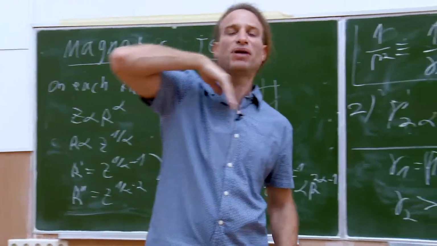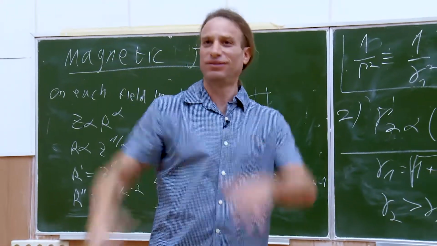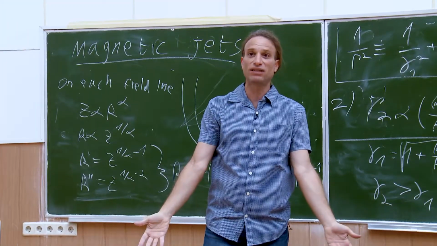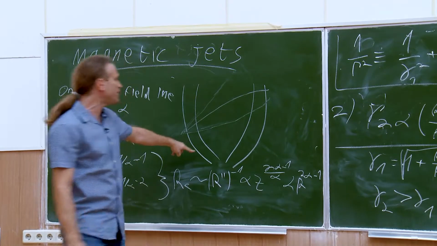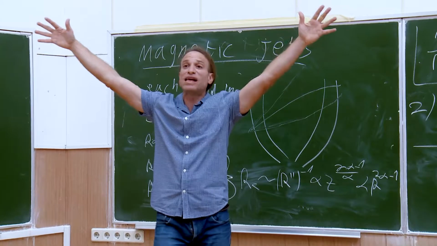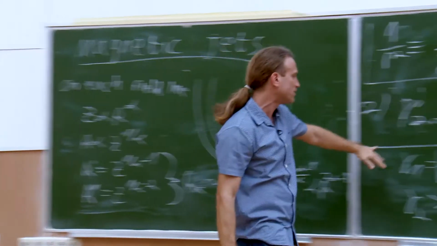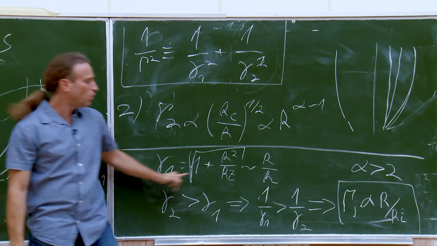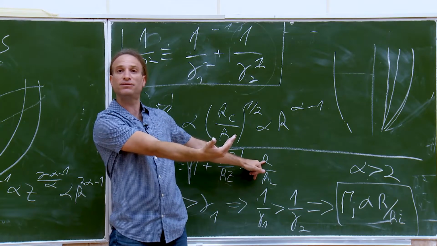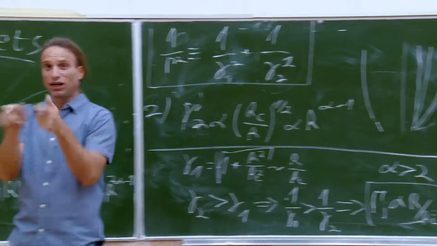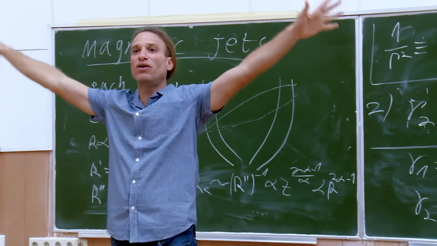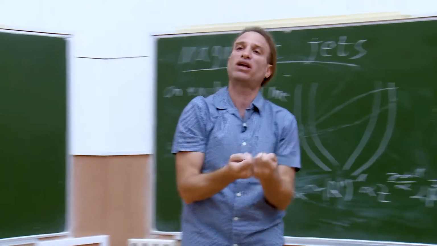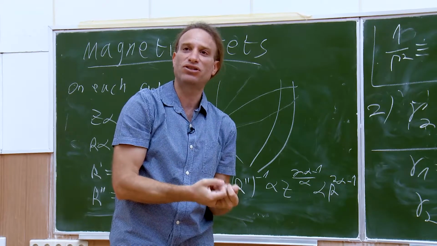Anything related to disks, the magnetic structure is not very clear, that you do develop this large-scale magnetic field. In order to have this acceleration, I need the magnetic field to extend outside of the light cylinder. Remember that this very efficient acceleration is only true when my radius is larger than the light cylinder. So I want my magnetic loop to extend to very, very large radii in order for this to work. So I need a large-scale magnetic field for magnetic jet acceleration.